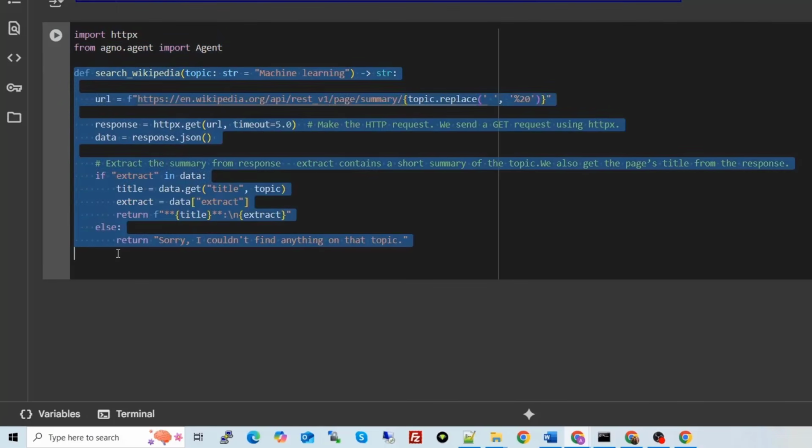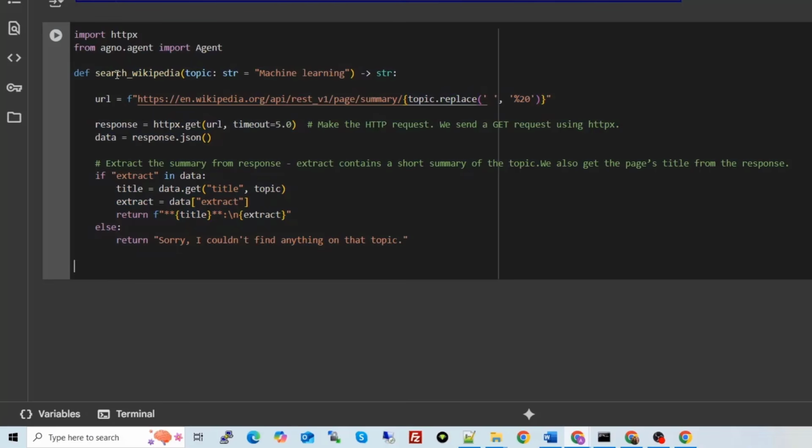And then this is my custom function, custom tool. This is a Python function only. We created one function with the name search Wikipedia. Right now, the input to this function is the topic and URL. Here we are using a REST API and formatting the URL in the format of the Wikipedia page, right? See, like this topic.replace, the topic over here will be replaced by the topic which the user will mention.